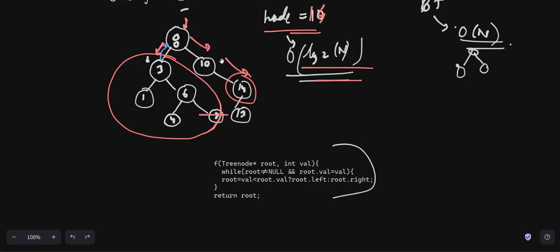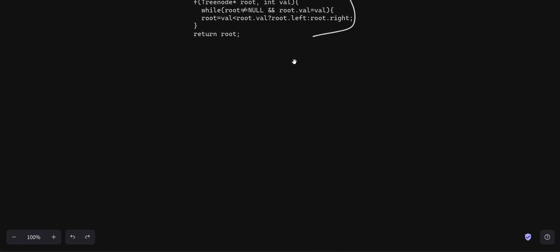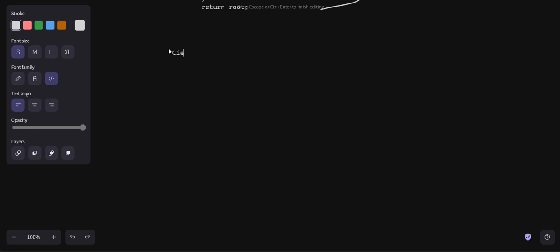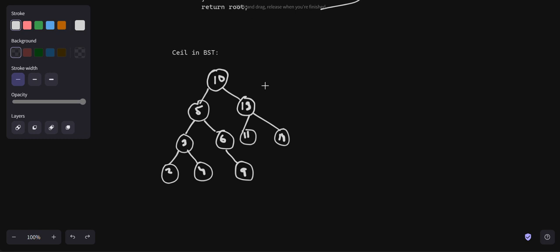So what else? Now another question, really easy. Now you need to find the ceil in a BST. Let's see what exactly I mean by ceil. Let's say you are given a key as 8. You need to find the ceil value, basically a value which is greater than or equal to the key. Basically, if this binary tree has 8, just return 8,